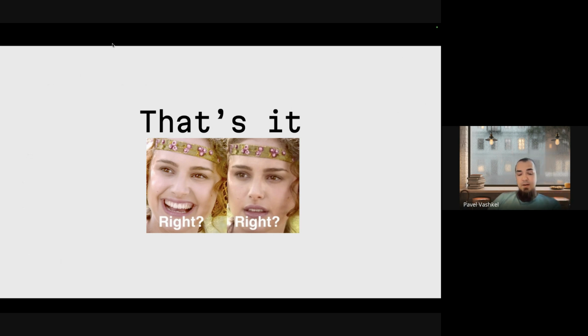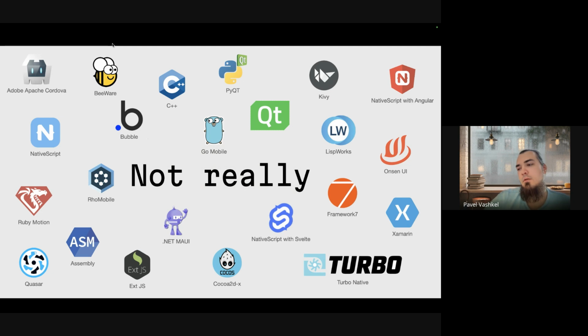Yeah, it was a lot of talk, and as you can guess, it's not all. There are way more places to look at if you want to build a cross-platform or hybrid app, just mobile apps. I didn't mention Xamarin, which probably mutated to .NET MAUI now, but the main point is that if you ask,